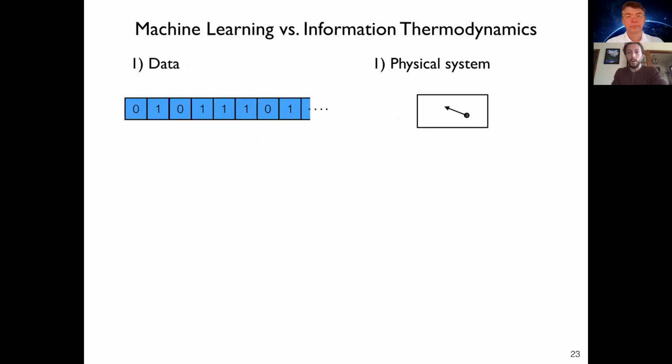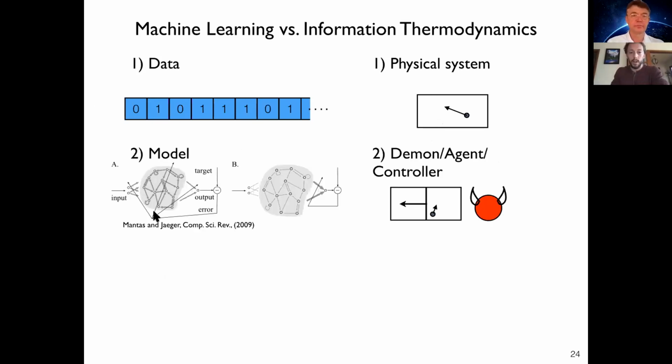This is kind of cool because it directly ties information thermodynamics to machine learning. So in machine learning, you have some data. And that's sort of your substrate. And then in information thermodynamics, you have physical systems as your substrate, which encode data. Then in machine learning, you have models, which assign probabilities to your data. They operate on the substrate. And then in parallel, in information thermodynamics, you have controllers, which manipulate the substrate,